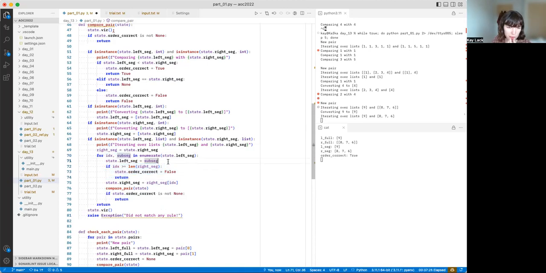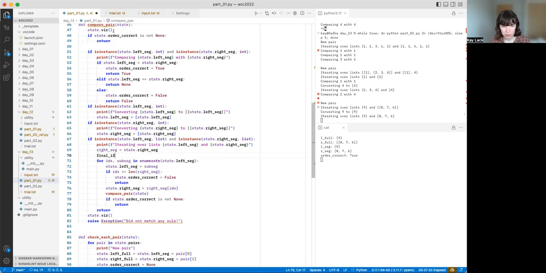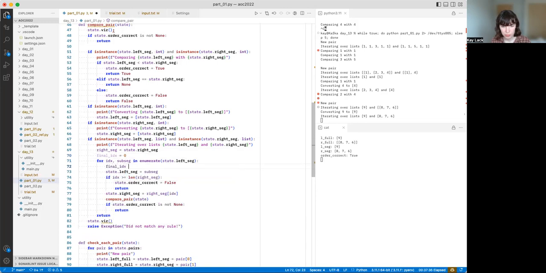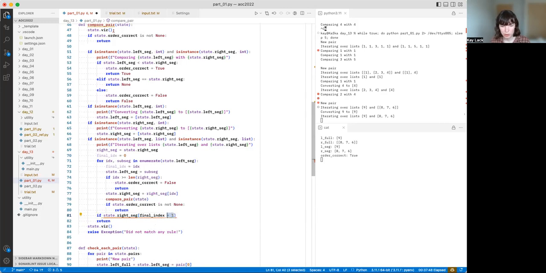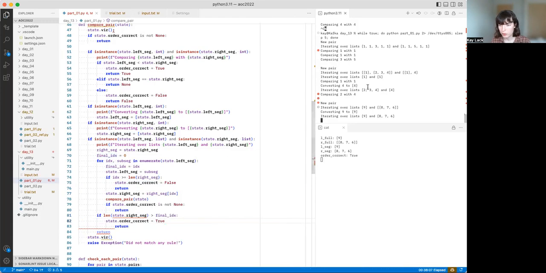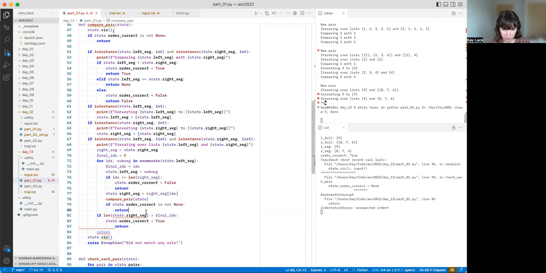So if we get through to a point where the left has run out, okay, then if the right seg on index is 1, so if the length of right seg is still greater than final index, then return, then the order is correct. Horrible. Where's my indent wrong? Oh yeah,